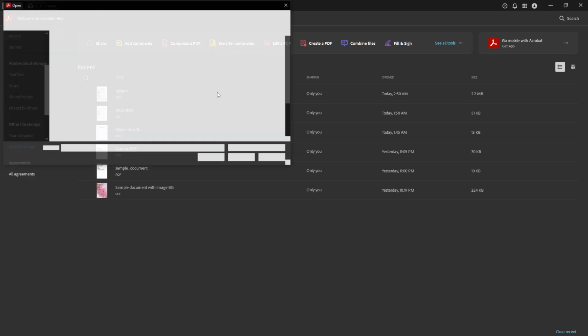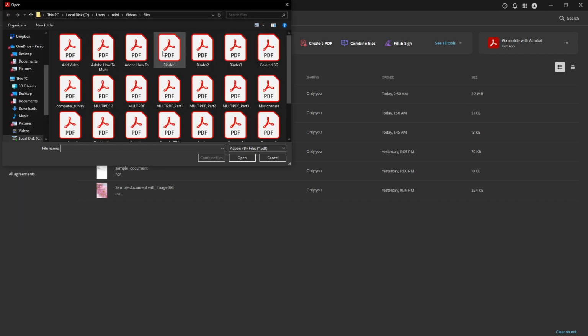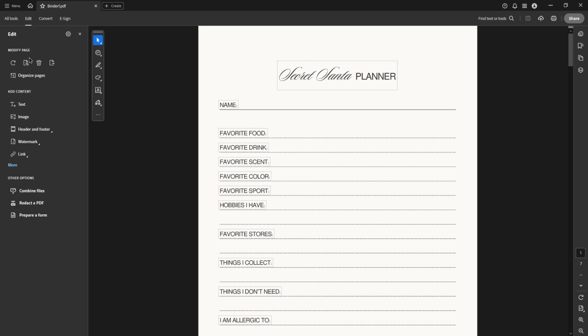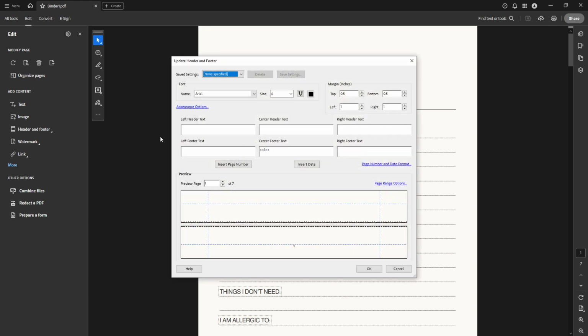Once the document is open, you'll notice the menu at the top of your screen. Click on the Edit option, which is located on the top left corner. This will give you access to various editing tools that you might need to make changes to your document. Now, look for the option that says Header and Footer. Click on it and then select either Add or Update, depending on whether you're adding new headers and footers or updating existing ones. This step is crucial as it leads you to the part where you can make adjustments to